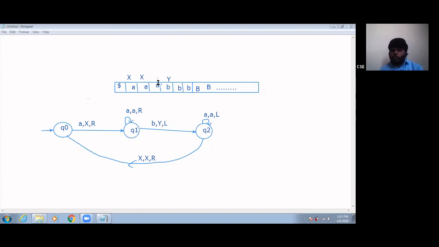I am at Q1, and for the next, so here I am at Q1. You just be careful here. You are at Q1, and for any number of A's you are moving right-hand side and you encounter the symbol Y. At the state you are presently at, Q1, you encounter Y. Is there any transition defined? No. You have to define the transition now here. What you have to define? Whenever there are any number of Y's also, I need to move right-hand side for the next B.